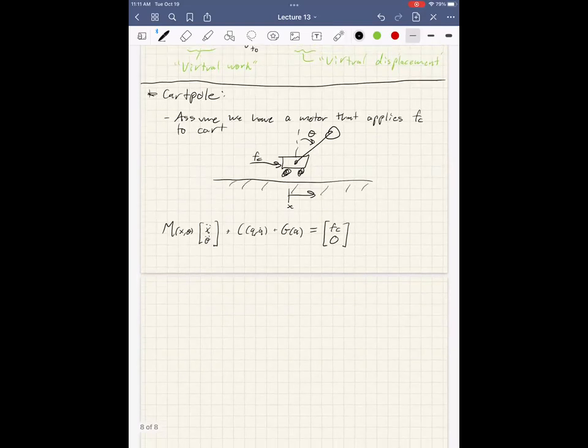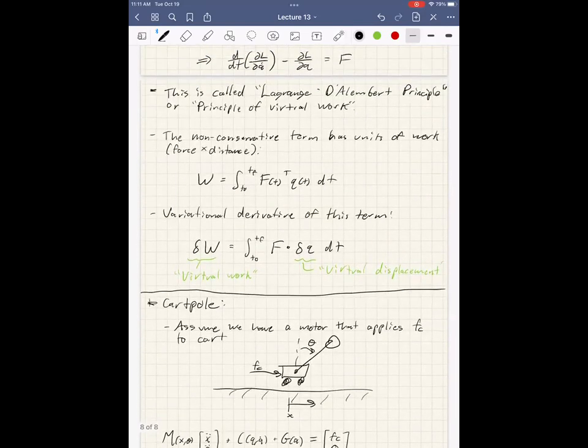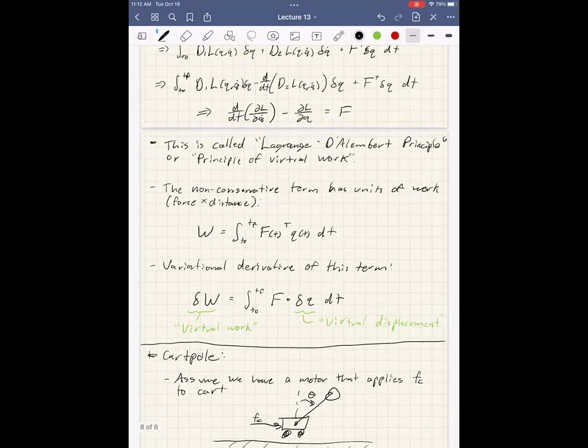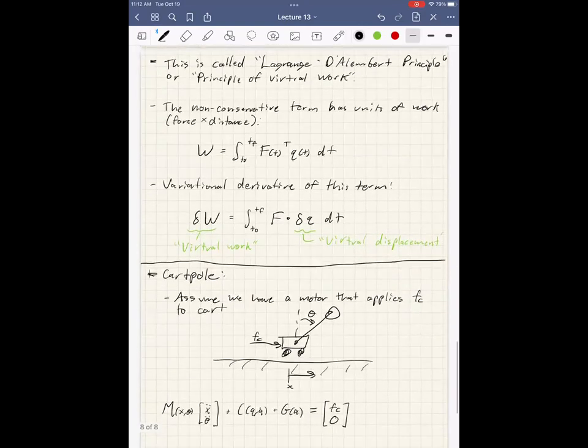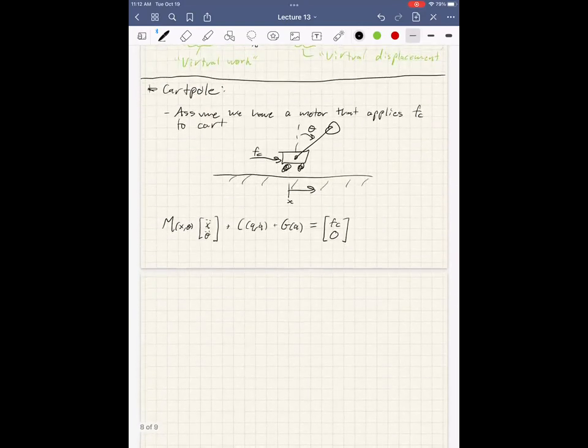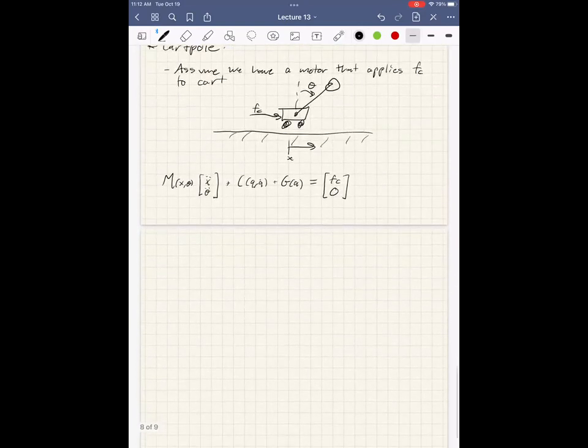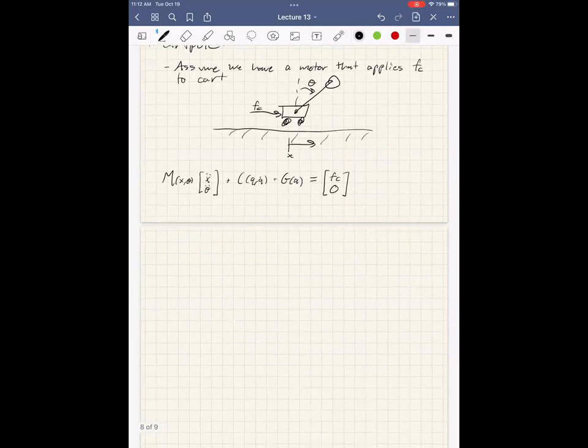Cool. So I'll leave it as an exercise for the adventurous among you to chug through this Euler-Lagrange stuff, virtual work stuff to try to get that last term to pop out. But we'll do a little bit more with this later. Okay, so the last topic of the day is